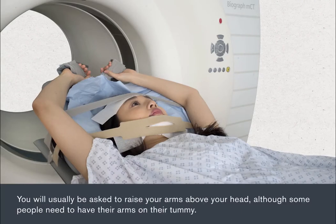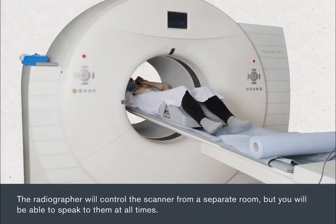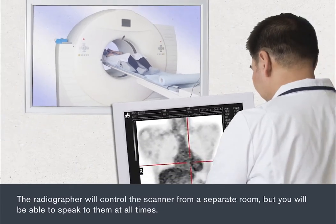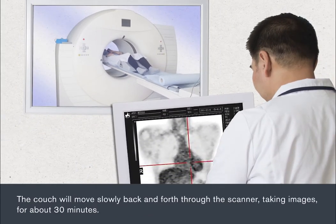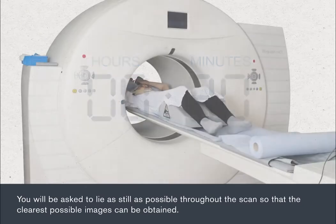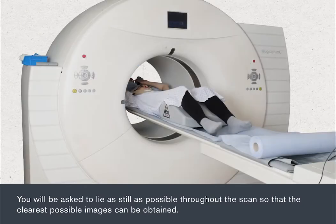You'll usually be asked to raise your arms above your head, although some people need to have their arms on their tummy. The radiographer will control the scanner from a separate room, but you'll be able to speak to them at all times. The couch will move slowly back and forth through the scanner, taking images for about 30 minutes. You'll be asked to lie as still as possible throughout the scan, so that the clearest possible images can be